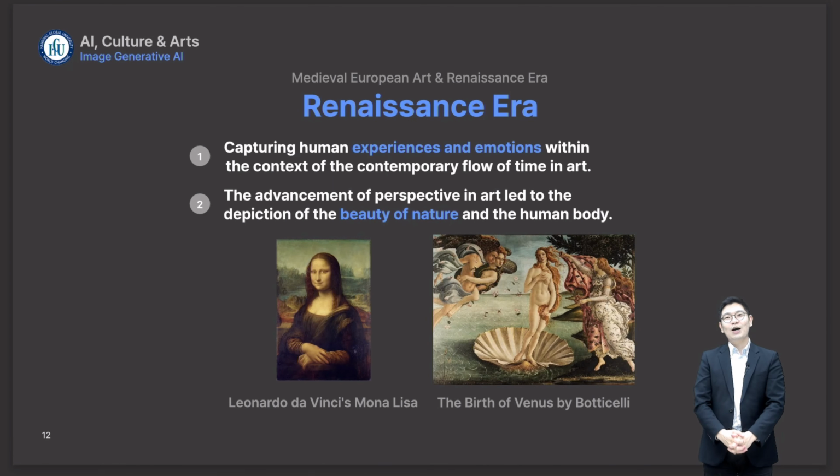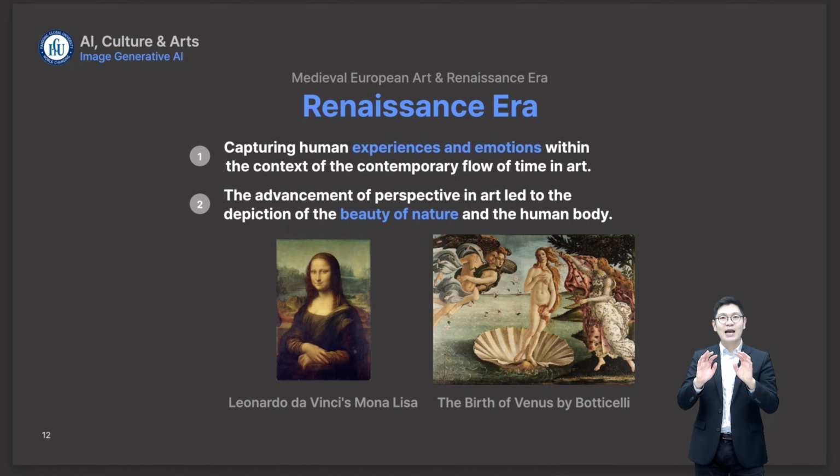And then we could move to the Renaissance era. Those are like a big flower of the long art history. At that time, we focused on human expression and emotion within the context of a contemporary flow of time in art. The advance of perspective in art led to depiction of the beauty of nature and the human body. Mona Lisa is the best example of that era of art, right? After that, we moved to